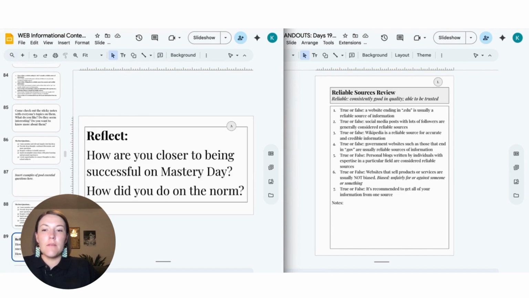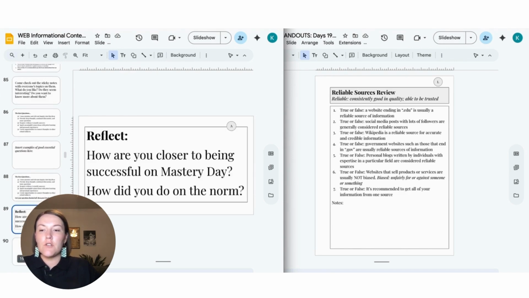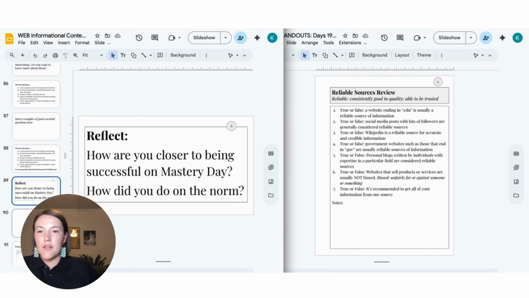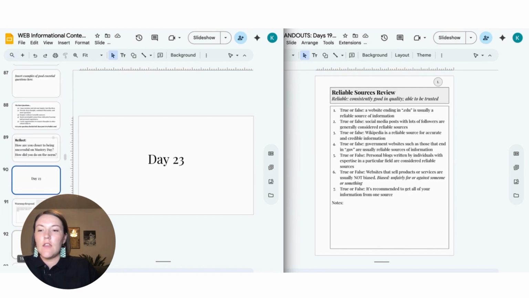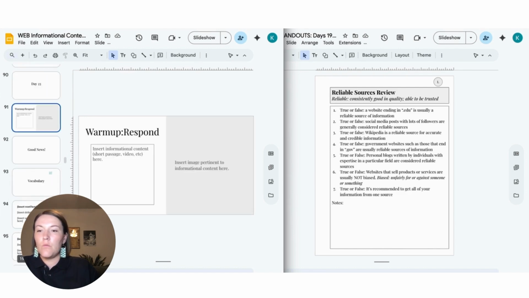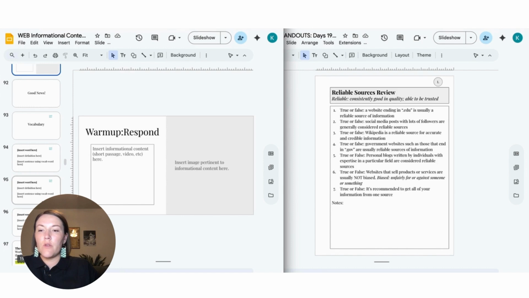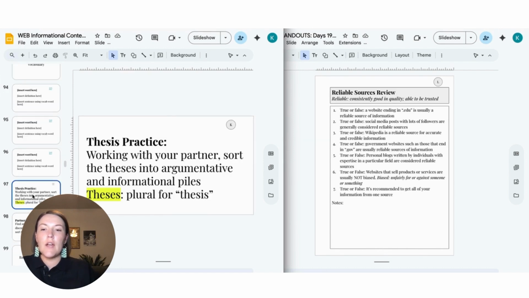Then I'm going to have them reflect on how they're getting closer to Mastery Day and how they did on their norm, and then I'll tell them to have a really good day. And then the next day we'll do the same routine: warm up, good news, 3 vocabulary words, and then we're going to practice some thesis